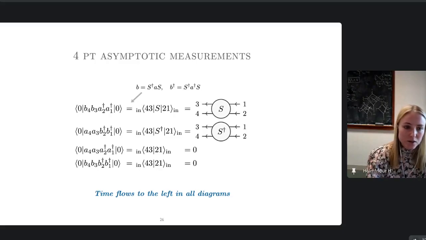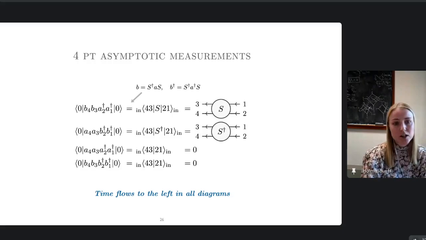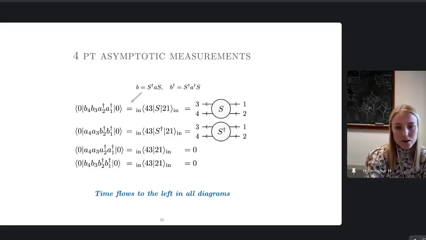Okay. Then we can just act with these on the right here, because we assume that we can always commute A operators by themselves and B operators by themselves, but we can't commute an A with a B, if that makes sense. So yeah, take the 0 as an assumption.